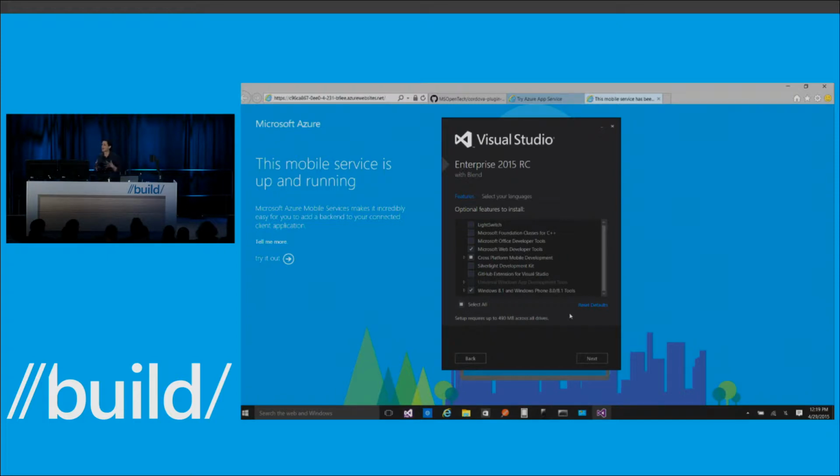So what we've done is we've actually simplified the acquisition experience and the dev box setup experience into Visual Studio. We've consolidated it. And so what you can see here is that under the cross-platform mobile development node, we have Xamarin if I want to build it using C# and Xamarin. We have HTML, JavaScript if I want to build it using Apache Cordova. We have the cross-platform C++ components. And then we have common components that are used across all of these different solutions, including the Visual Studio emulator for Android, which I will show you guys a little bit later.